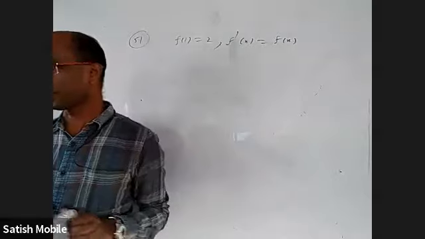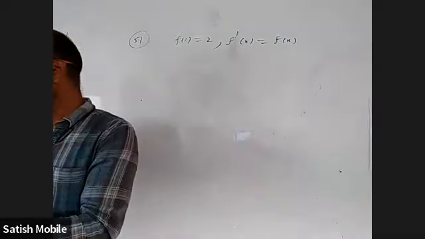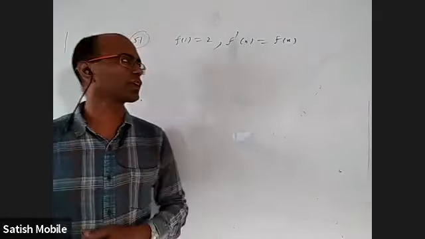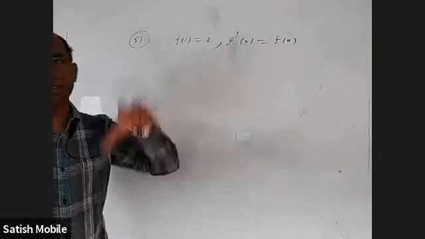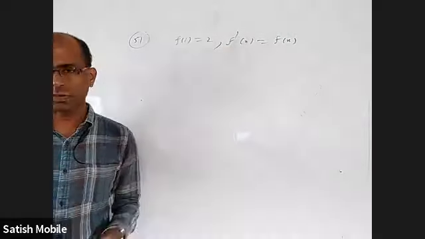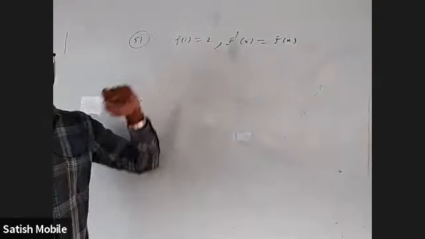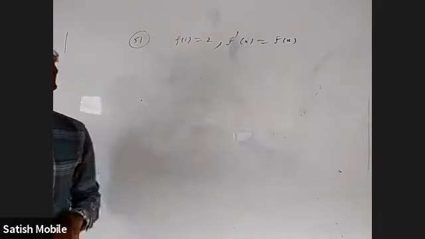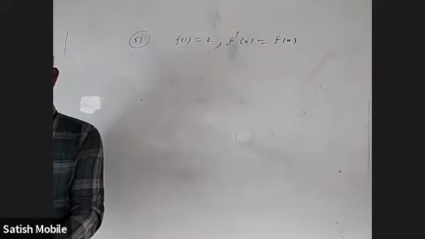A constant into e power x. E power x plus c you can write as e power x into e power c, a constant into e power x. Okay. So the function satisfying this is e power x or any multiple of e power x. But f of 1 is 2. Based on that, I can understand what that constant should be. All right. Without even knowing the function, maybe we can do this question.